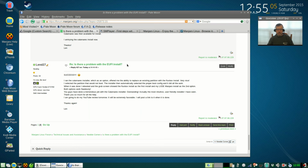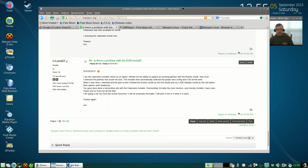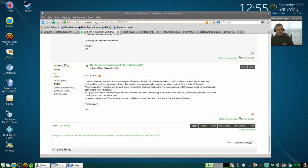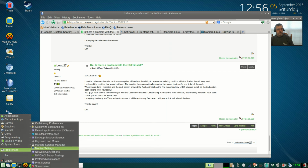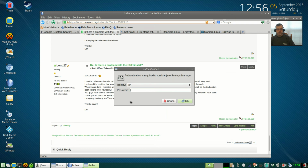Now, as I mentioned, the only issue that I had was I tried to install the BattleNet through Play on Linux, and I have not been able to get that working as of yet. But I'm going to continue on, and that's not an Arch issue. That's more of a wine issue. My other only issue was when I installed, and I'm going to show you. Let's see if I can find that. If you look at Manjaro Settings Manager,